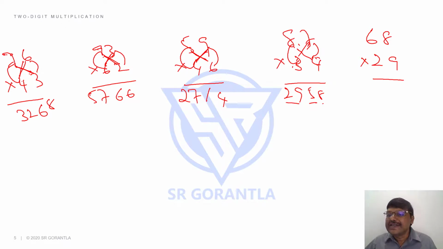What about this, please? 9 8s, 72. 9 6s are 54 plus 7, 61. 61 plus 16, 77. 12 plus 7, 19. Right? Come again. 9 into 8, 72. 7. 9 into 6, 54 plus 16. 54 plus 16, how much? 70. 70 plus 7, 77. 7 carried again. 2 6s are 12 plus 7, 19. Is that okay, students? Right.